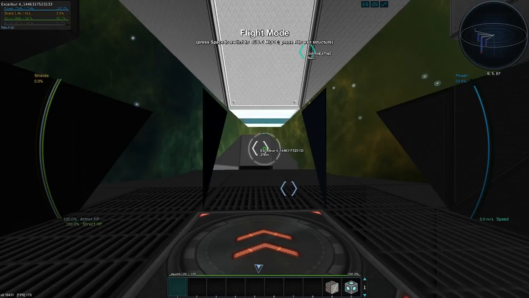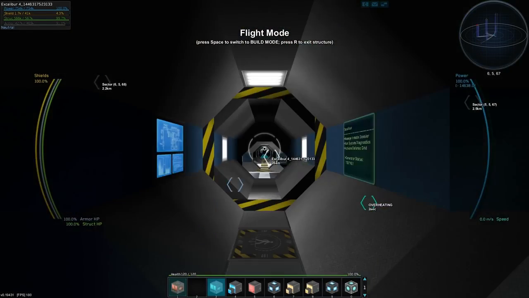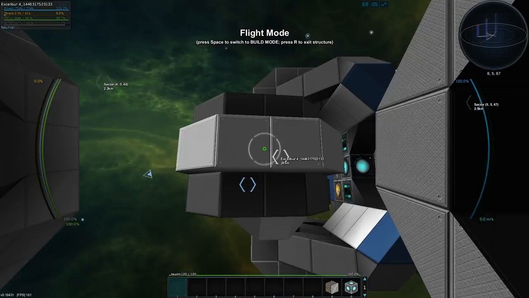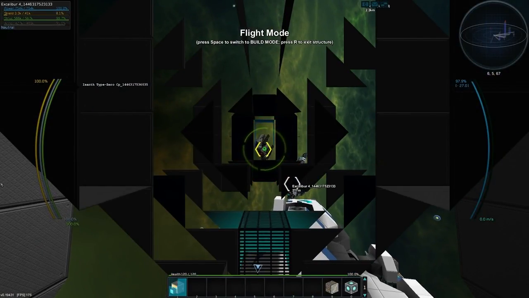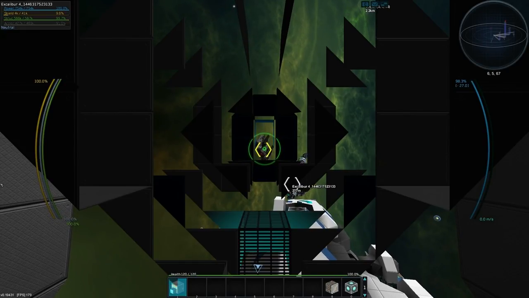Let's see if I can jump into the Isanth and fire at that, when this reloads, of course. Just to see if it does a decent amount of damage. And then that'll be it. I think maybe,